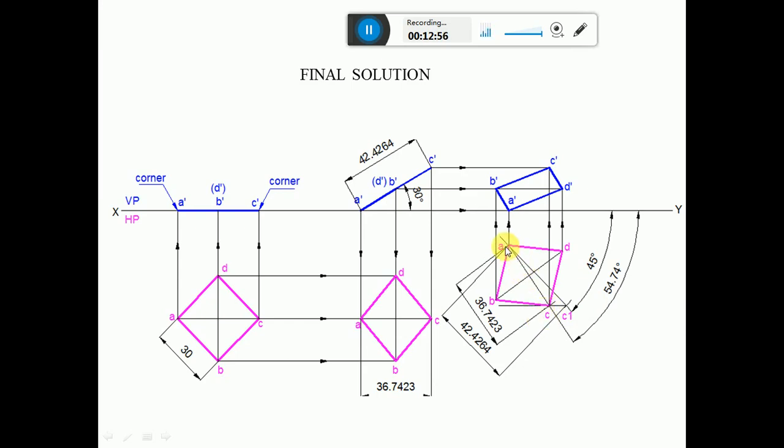Then mark this point as A and C and join with a thin line. Then similarly, you measure the length from A to this point, and from A you cut an arc on this apparent inclination line. Then BD is the line which is perpendicular to AC. So you have this AC line. On this, you measure the length from A to this point. From A you cut an arc on this. So BD is the line which is perpendicular to AC through this point.